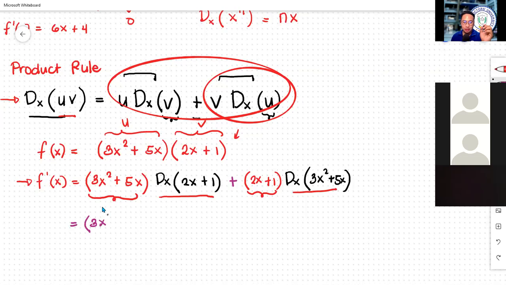Equals, so I'm going to copy the 3x squared plus 5x with what is the derivative of 2x plus 1? The derivative of 2x plus 1, guys, we follow the original pattern or rule that we have before, which is,